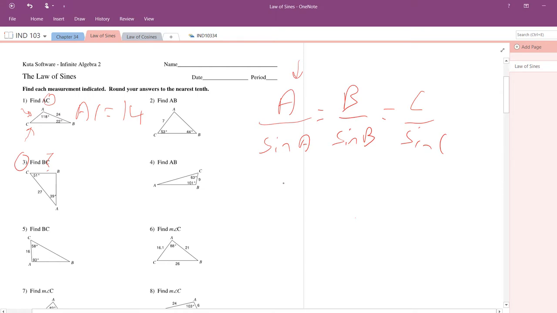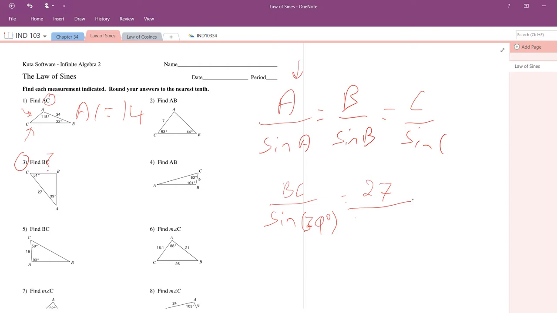So I'm going to say BC over the sine of 39 degrees is equal to the known side, 27, over